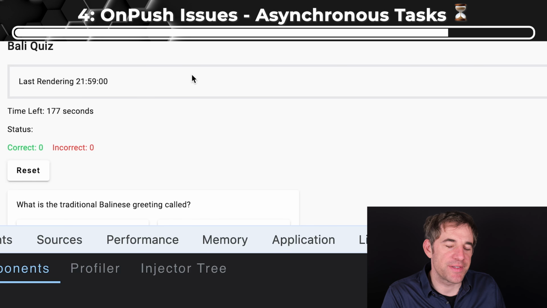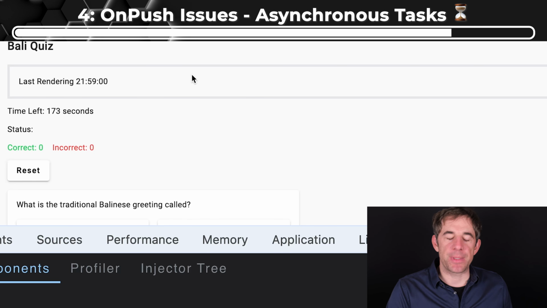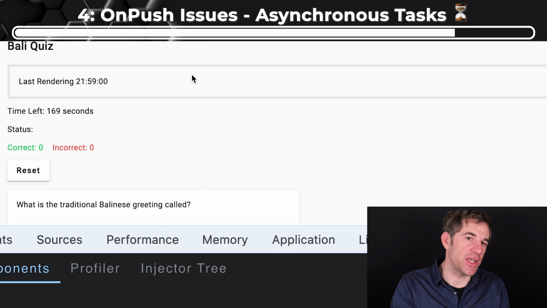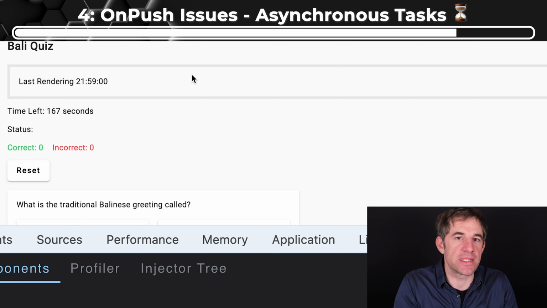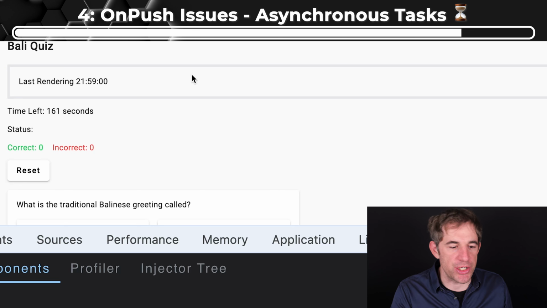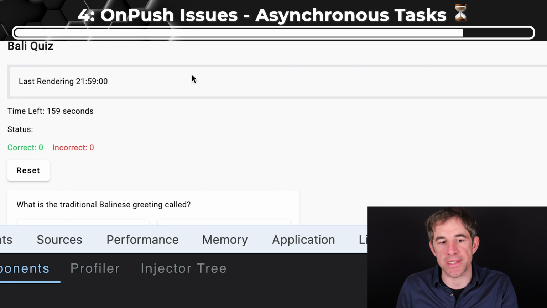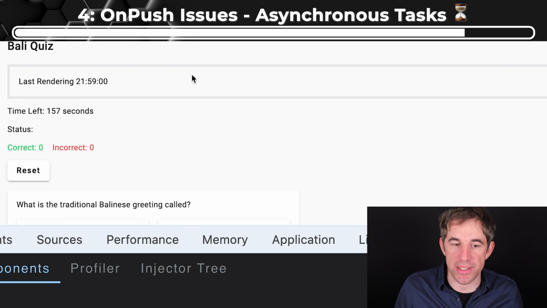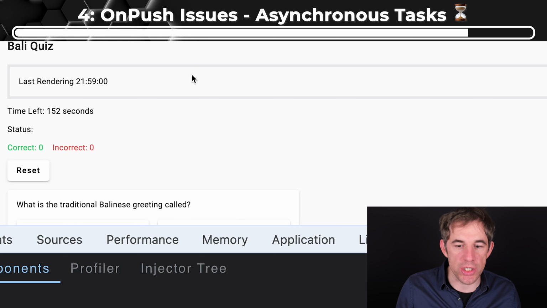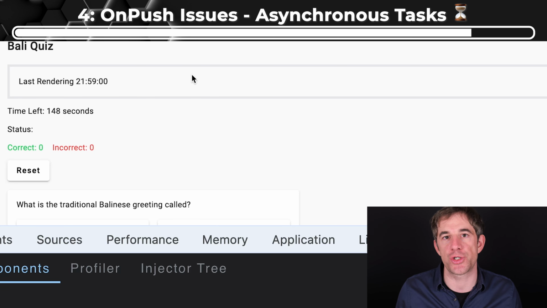Then we see that time left is updated, but the last rendering not. Why that? Because detect changes triggers the change detection on that particular component, and of course also then to its subcomponents, and it does it immediately, synchronously. Usually change detection is scheduled asynchronously, but if you have a detect changes, it really runs synchronously only for that component. And that's why we usually say don't do this, don't run detect changes, use the mark for check, because